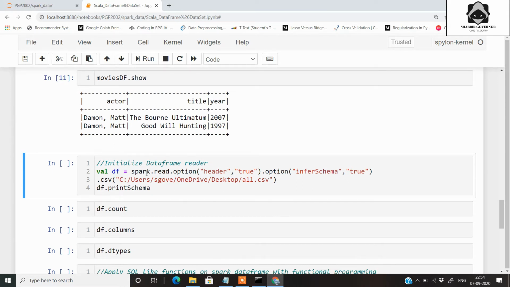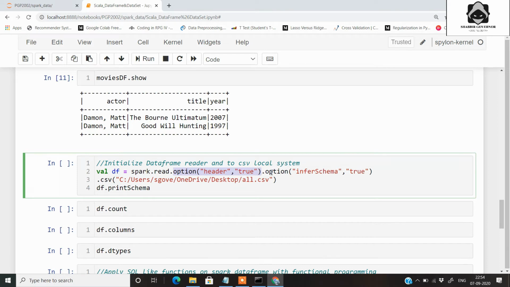Now the next part is to initialize the data frame reader and to read a CSV file from my local PC. You can read any kind of file that you want, like Excel files, text files, JSON files, then Parquet files, etc. All are supported in Spark using Scala. So here we have this variable called df, and using the spark.read reader, in the options I have passed header is equal to true.